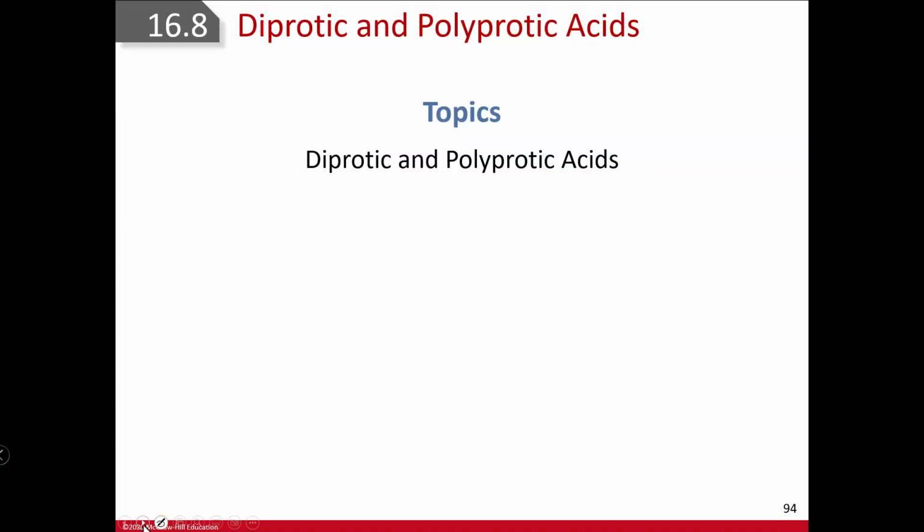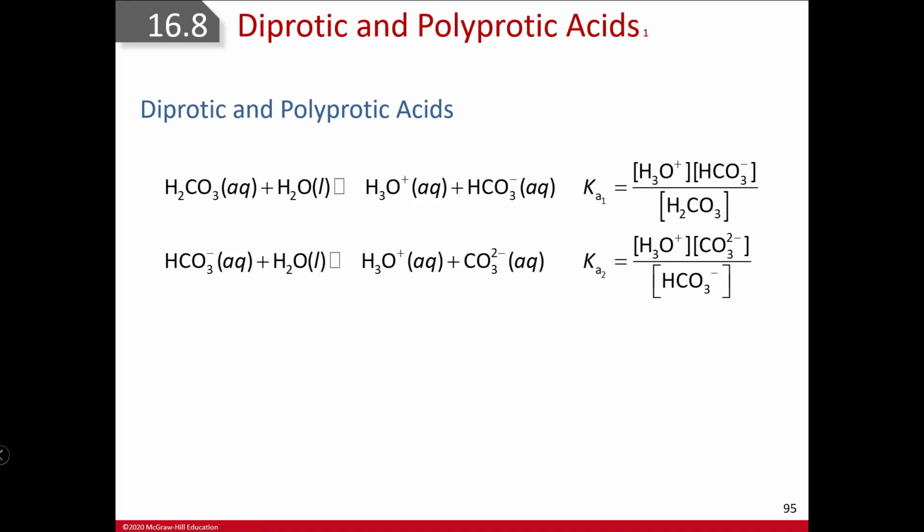Let's go on. Diprotic and polyprotic acids. So what does that mean? It means that there's more than one hydrogen to give in an acid. And so we're looking at something like carbonic acid. Carbonic acid, you know, is a weak acid, so it's reversible. We lose a hydrogen ion to the water. It's a Bronsted definition. We get the hydronium ion, and then what's left over is the bicarbonate or hydrogen carbonate